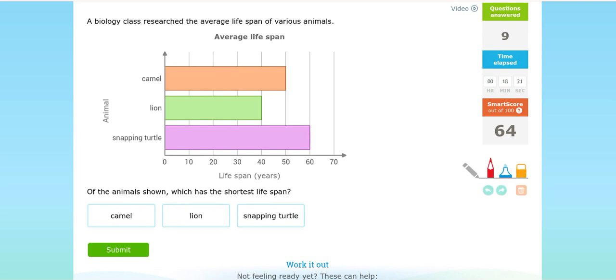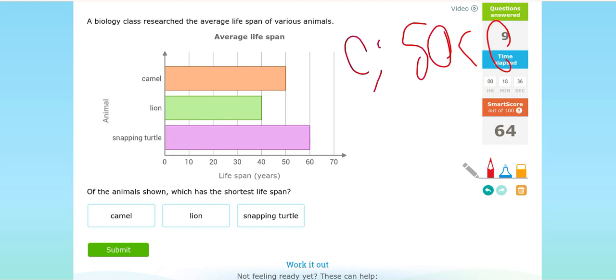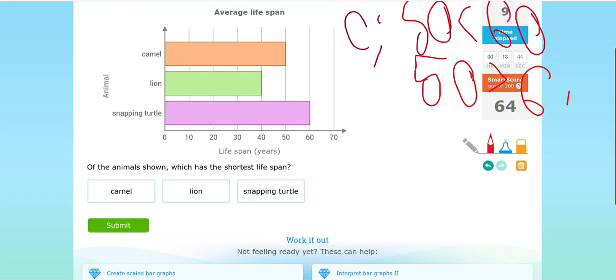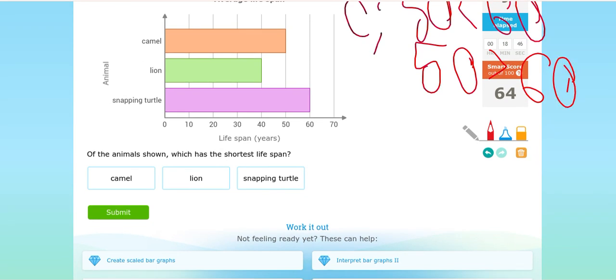Now we can compare these numbers again and see that camel has a scale of 50, right? Now we want to compare to the greatest number. So the greatest number in here is 60. 60 is greater than 50. 50 is less than 60. Now for lion,